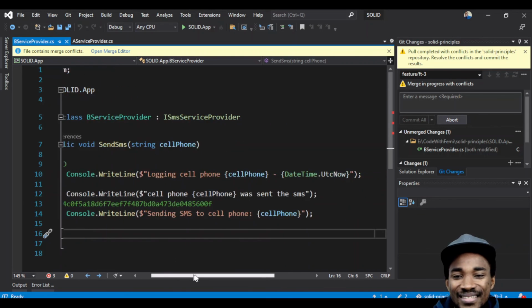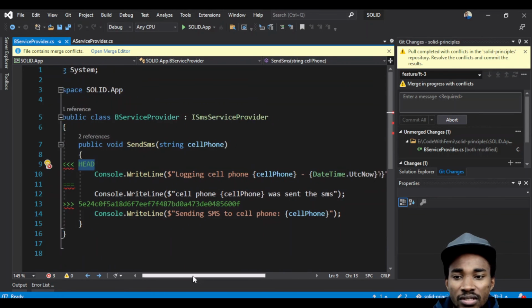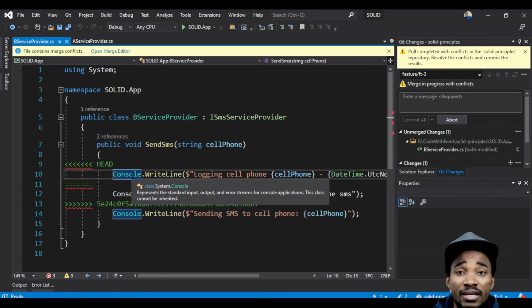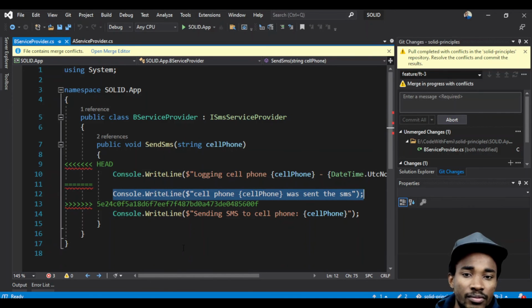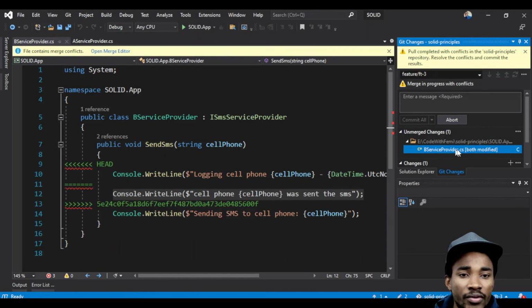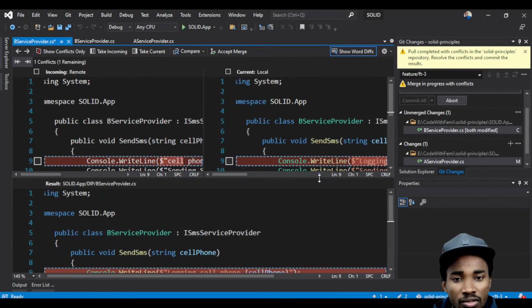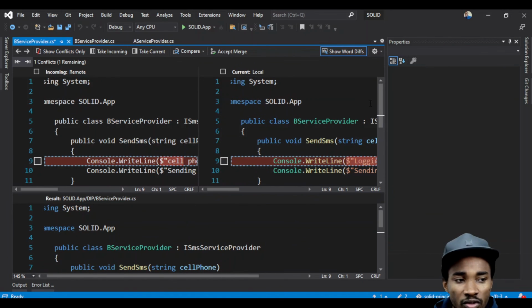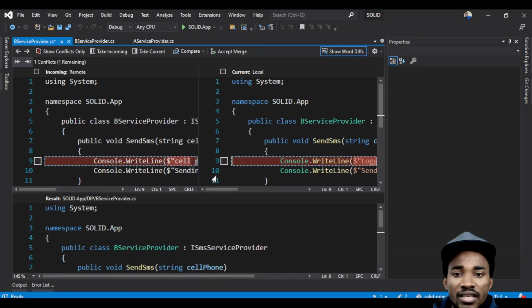So as you can see here, we have two scenarios, right? We have the one which is telling me this is the one that we currently have in our local repository, and this is the one that actually came through. So now this is how I resolve it. I double click on the file that is causing a problem. In there, I'm just going to collapse this so we can have more space to play with. So you can see there that we have these two changes,